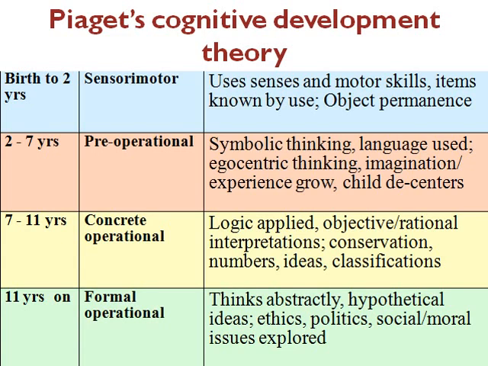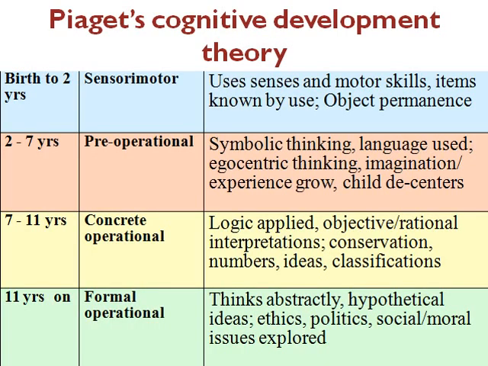The second stage, the pre-operational stage, takes place between 2 to 7 years, where the child thinks symbolically. The child tries to speak, tries to make use of language, and shows egocentric thinking. Egocentric thinking is nothing but the child focusing more on the "I". The child gives importance to itself and tries to attract attention. The next one is imagination, and the child tries to imagine that it has grown old,